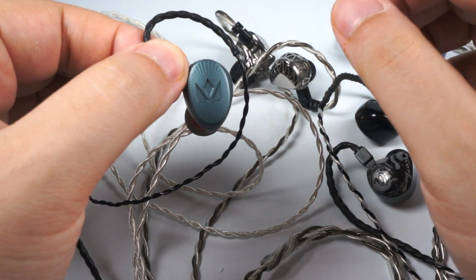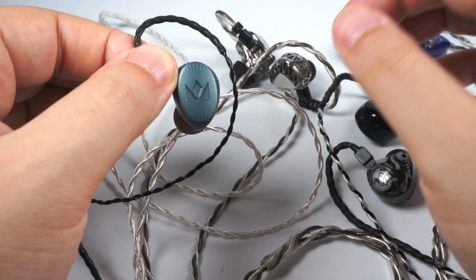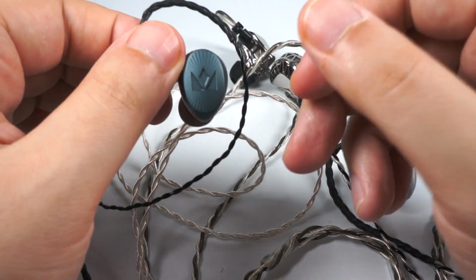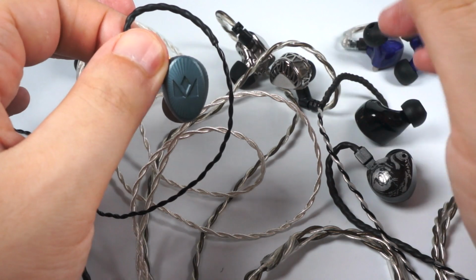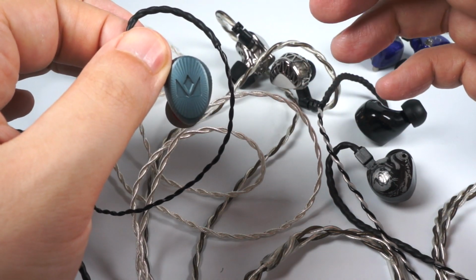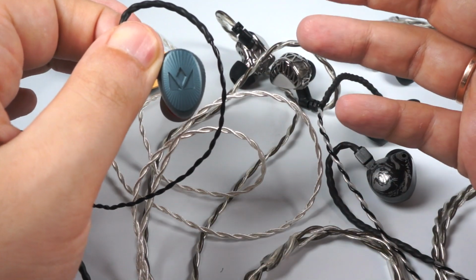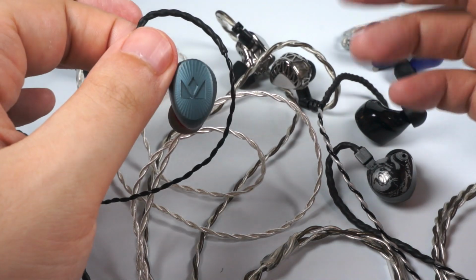Well, you will have slightly accented but fast dynamic, or actually not dynamic driver, balanced armature base. It's with a bit faster attacks and decays, but at the same time with a lot of weight, with good depth, not for example as deep as here, but still good depth, a bit faster, a bit leaner, but at the same time great with texturing, great with resolution, a lot of nuances, especially it's fun with real acoustic instruments, really enjoyable, and with synthesized bass it's okay too, but a bit less punchy than hybrid and dynamic driver